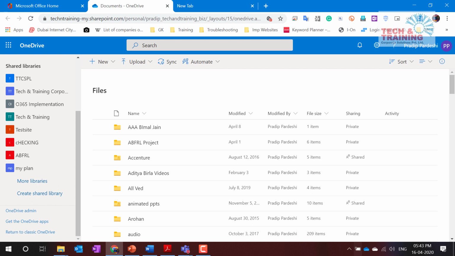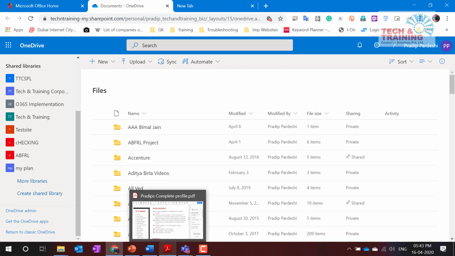Now, as you can see, there are two icons on my system. One is OneDrive Professional. This blue one is OneDrive for Business, which is the Office 365 version, and this is OneDrive Personal. If you're using OneDrive Personal, you get 5 GB of free space, and if you're a paid user of Office 365 or OneDrive, then you get 1 terabyte of space. The Office 365 license that I have is an E3 license, which is one of the best license versions we have.